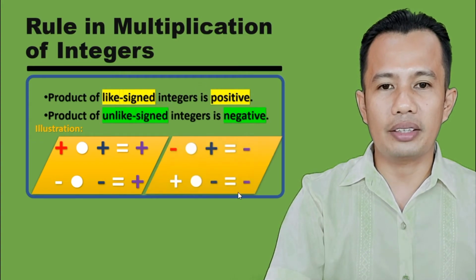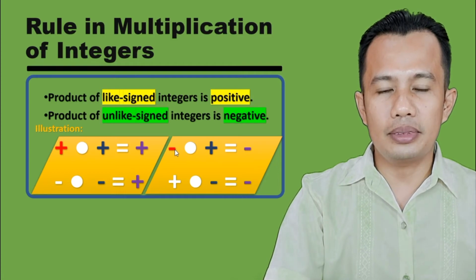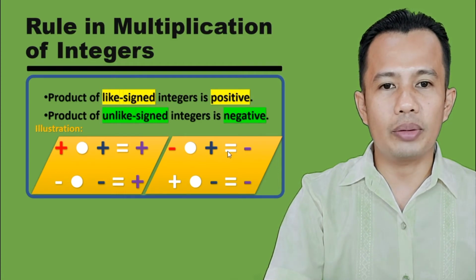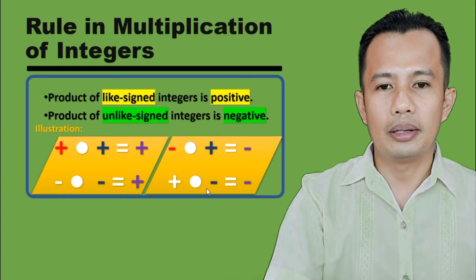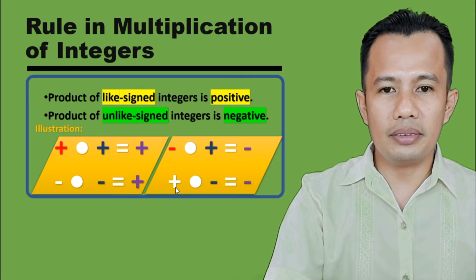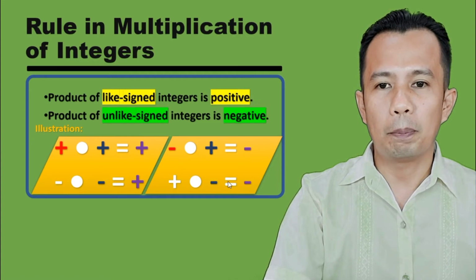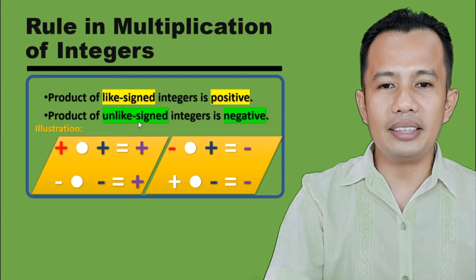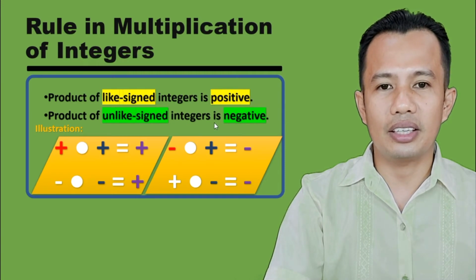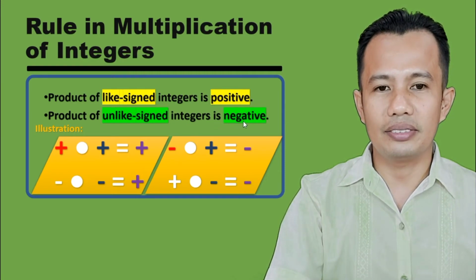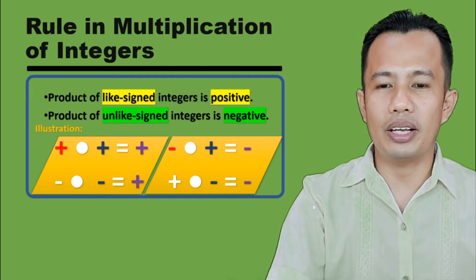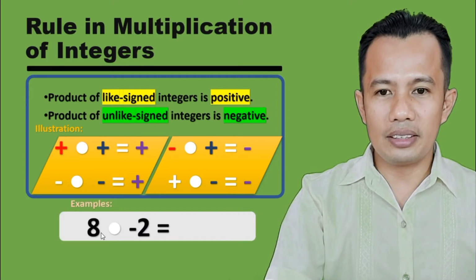How about the other cases? Negative times positive is equal to negative. Or positive times negative is equal to negative. In short, the product of unlike signed integers is negative. Let's have a simple example. 8 times negative 2 is simply,